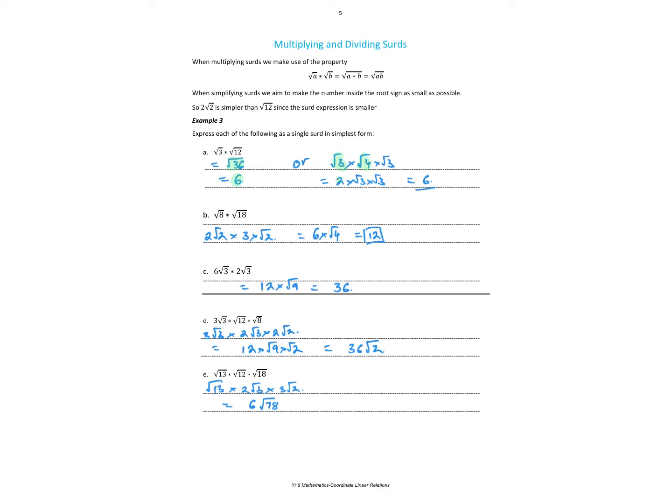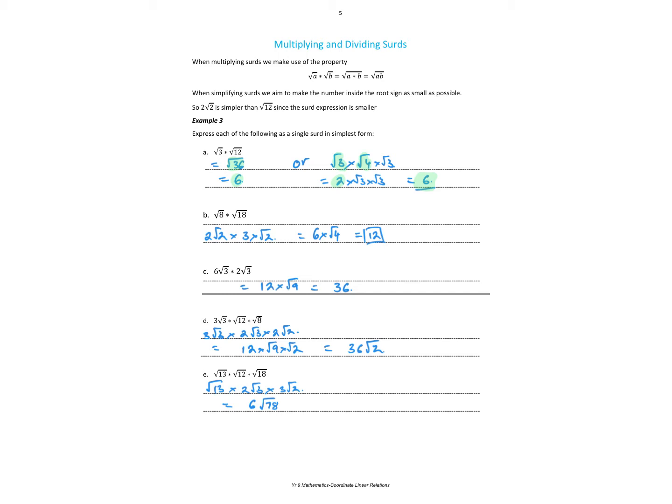Okay, so the square root of 4 is 2. That leaves me with a root 3 times root 3, which is root 9, which is 3, and 2 times 3 is 6. So it'll simplify, it doesn't matter which order we do it, okay? Just so long as you